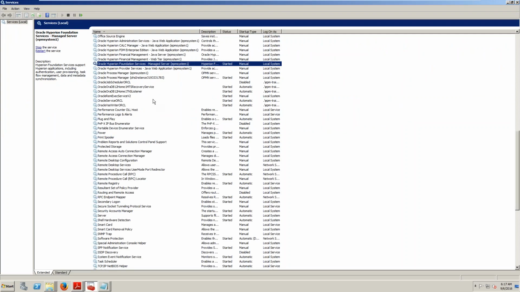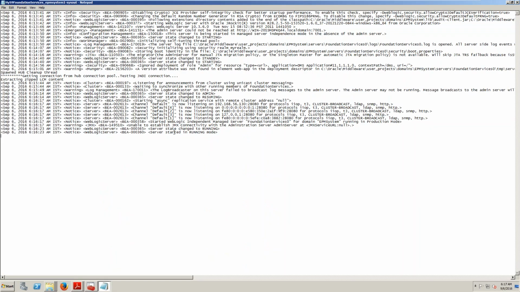Basically, it would show that the service is started here, but when you go and check your logs, it would show that it is running in admin mode. So if it is admin mode, then there is a problem. When this service is starting, what it would do is, as a part of installation and configuration, we